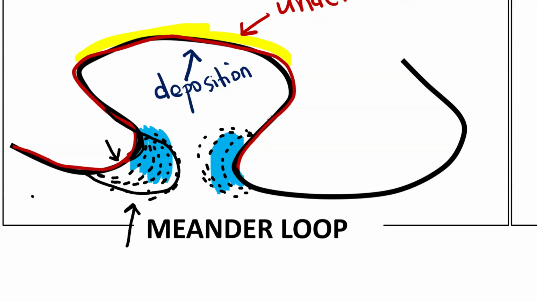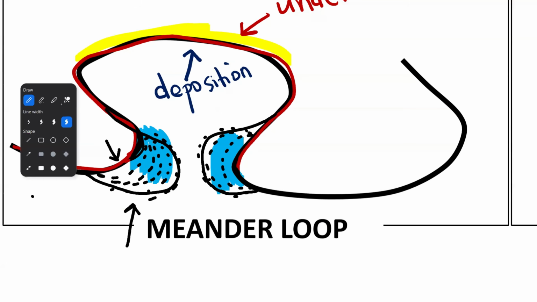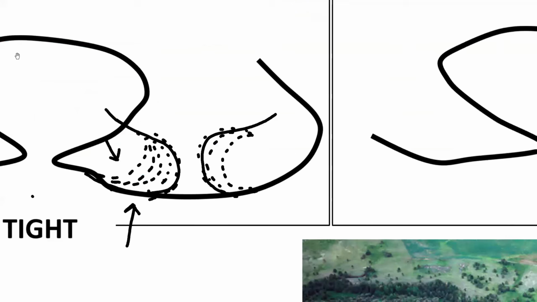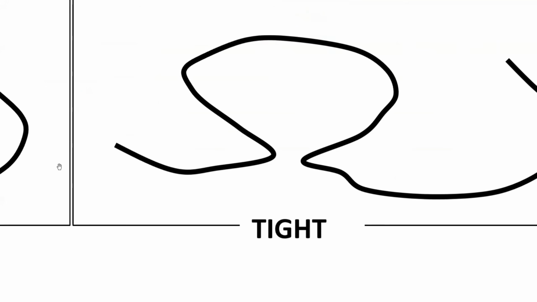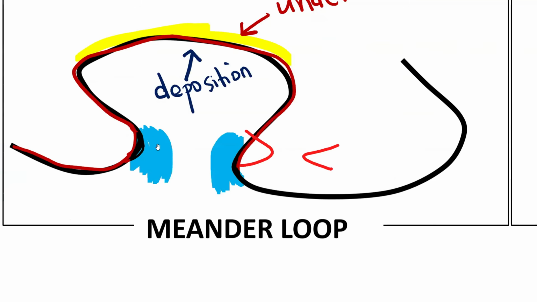So basically, the undercut slope, or the outer bend of the river, will continue eroding until it moves here, such that you realize that your meander becomes entrenched, or your meander becomes incised. We usually use the term incised meander. Okay, when you say that the meander is now incised, it simply means that the meander is now tighter. It means that these two outer banks are now closer to one another. You can see, guys, that this outer bank here is now closer to this other outer bank here. Why did that happen? It is because of the erosion that we had here at the undercut slope.